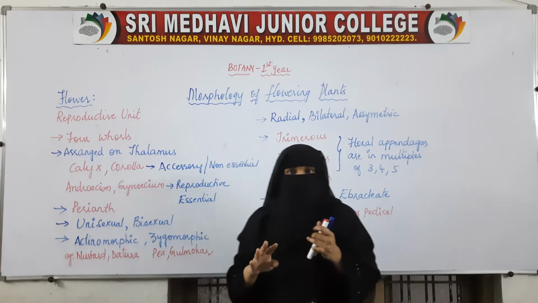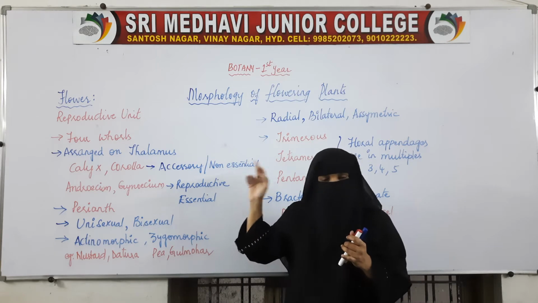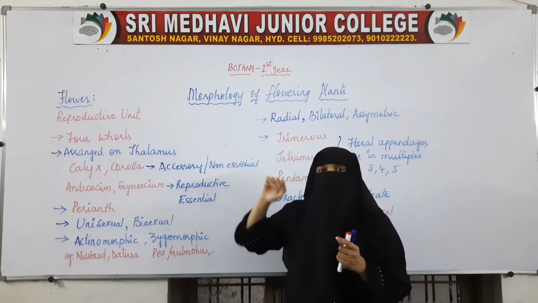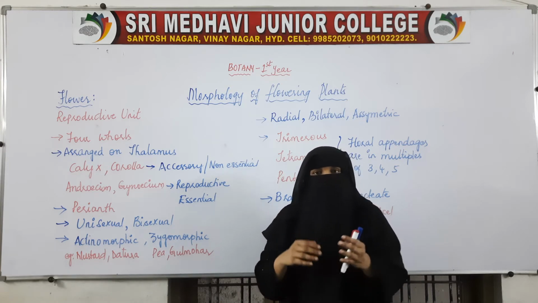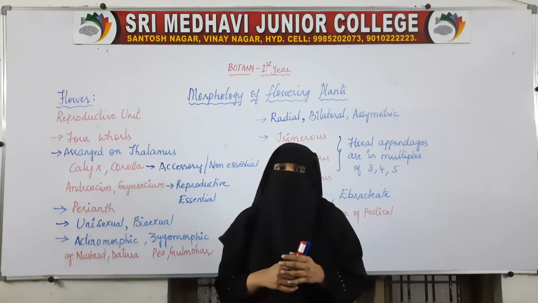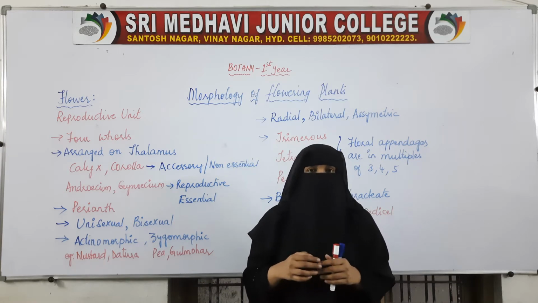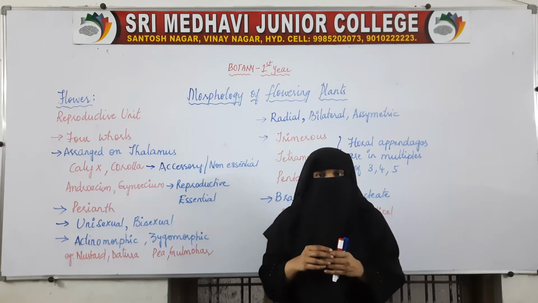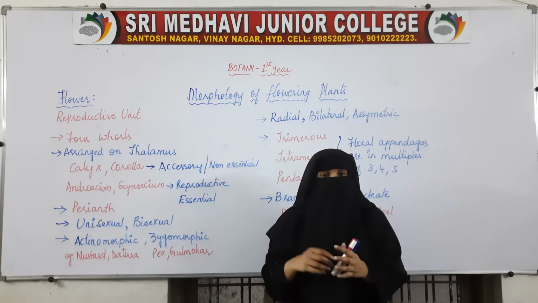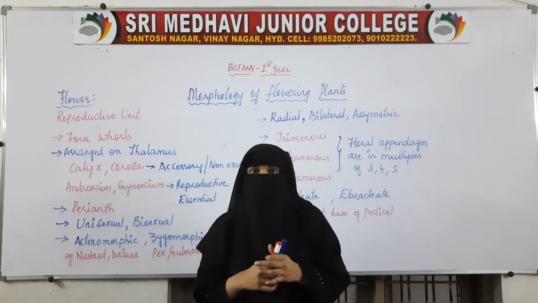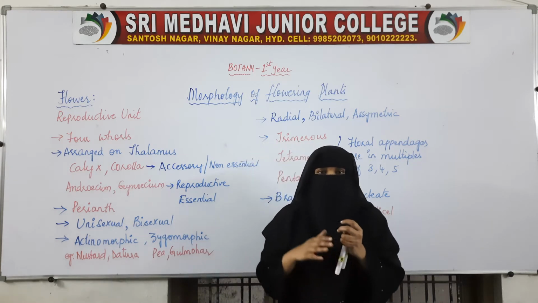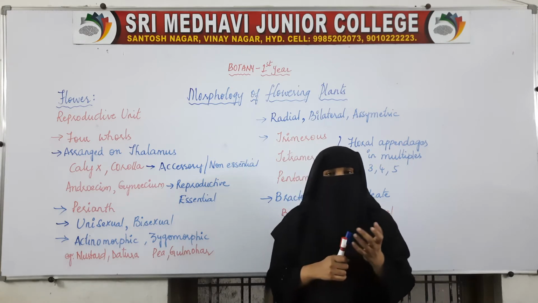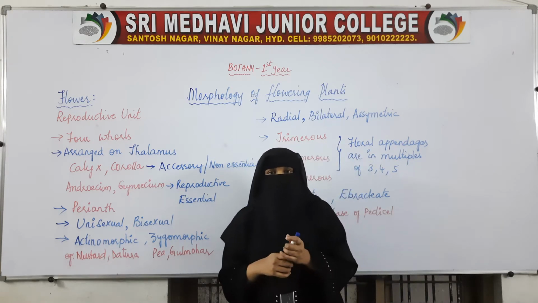But here, as we have flower also, because the next lessons are a continuation of this part of the plant. The next lesson is sexual reproduction, where we will be seeing how sexual reproduction takes place, because the flower is the only part which helps in sexual reproduction. We have two chapters related to it. So we'll first complete those chapters, then we'll move on to the stem and leaf, other parts.